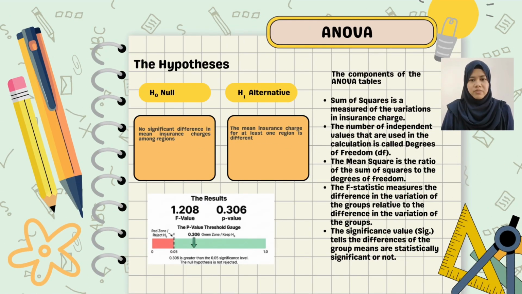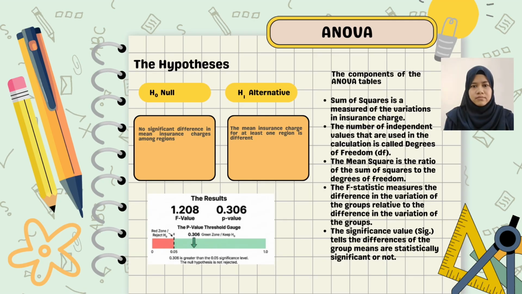So for this section, I will present the analysis of variance, or ANOVA, conducted on insurance charges across different regions. The purpose of ANOVA is to determine whether there are significant differences in the mean insurance charges among three or more groups. In this study, the groups being compared are the different regions. For the null hypothesis, there is no significant difference in the mean insurance charges among the regions. And the alternative hypothesis states that the mean insurance charge for at least one region is different from the